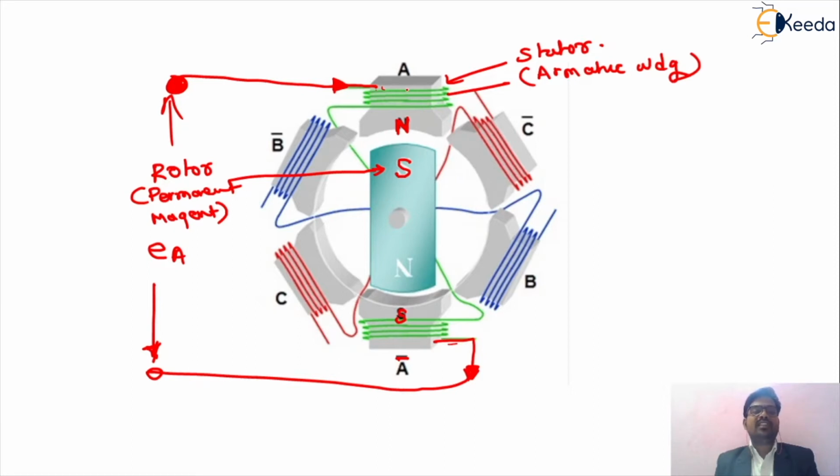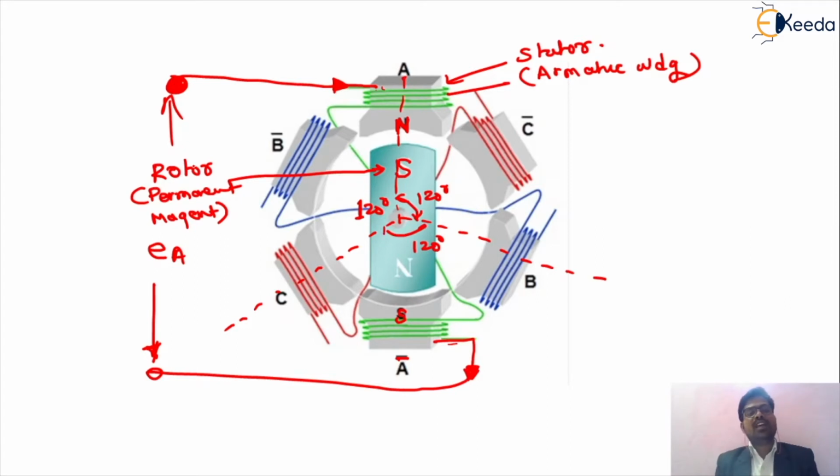As we know, these are different coils. The first coil will be 120 degrees apart from the second coil. This is the second coil, this is the third coil. The angle between these coils will be 120 degrees apart from each other. So A to B is 120 degrees, this is 120 degrees, this is 120 degrees, and obviously, if we apply a single phase to that particular coil, that is, A to A dash.